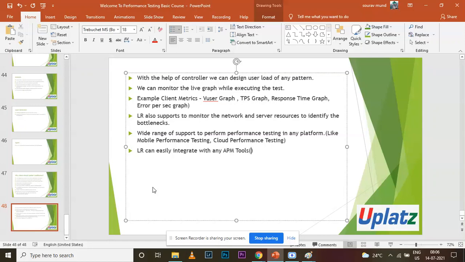APM tools are nothing but Dynatrace, AppDynamics, and many more like Splunk. We can easily integrate LR with any APM tools. These are the few examples which I have mentioned here: Dynatrace, AppDynamics, Splunk, and in the analysis file